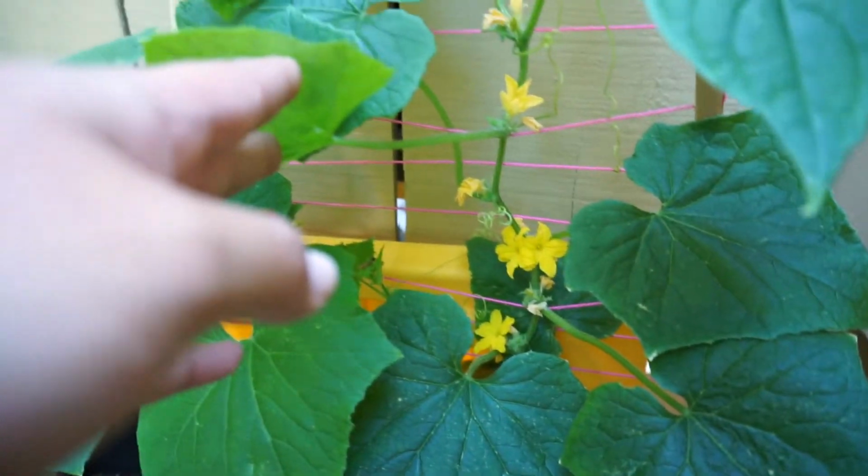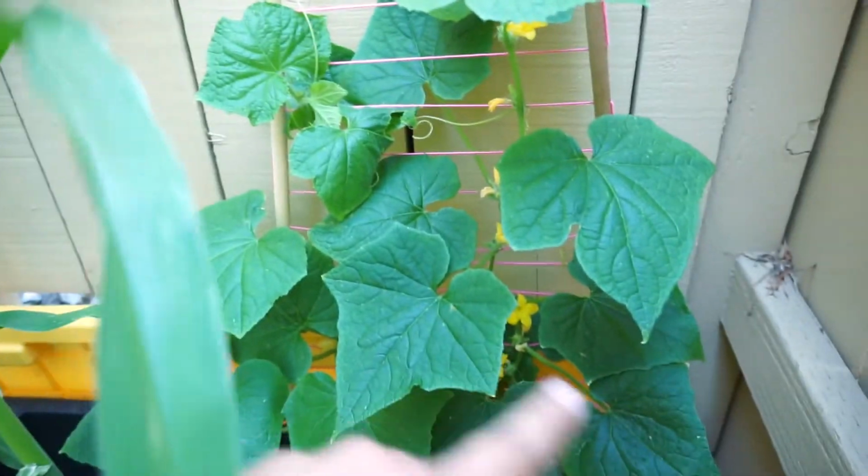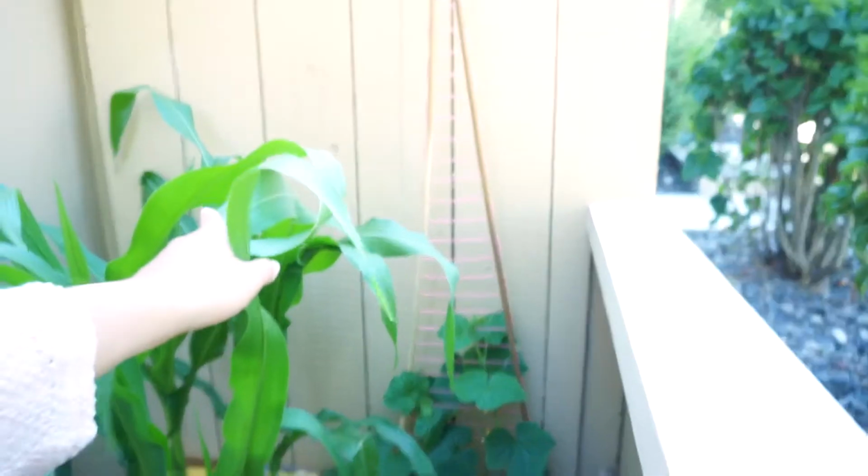Otherwise, they're doing good. Look at all of those beautiful buds. These were not open yesterday. That's crazy. This one doesn't get as many flowers as this one does, but this one has been getting so many flowers, and they are getting so tall already. As you can see,